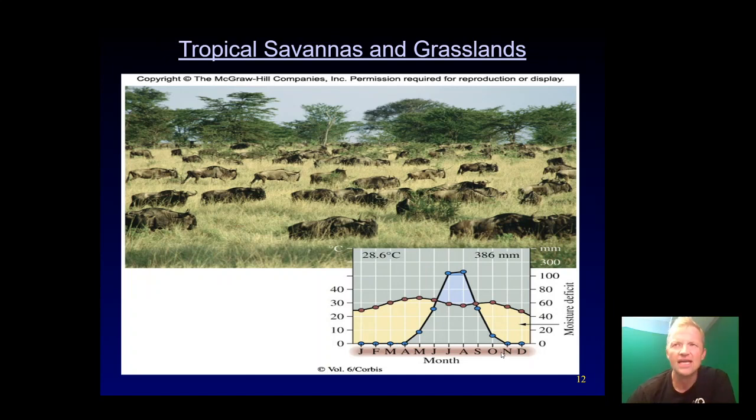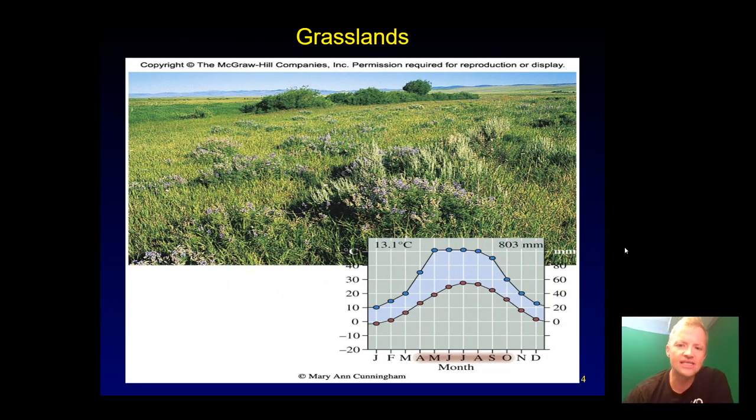It's not a desert because deserts get very little rain all year round. These areas get a real high amount and then nothing for the rest of the year. And that's really what dictates a tropical savanna or grassland. All right, moving on. Here's another example. This is the area I grew up in. This is really what it looked like.